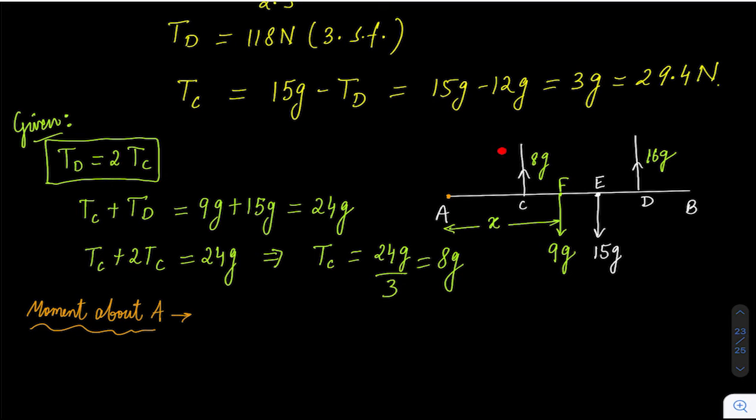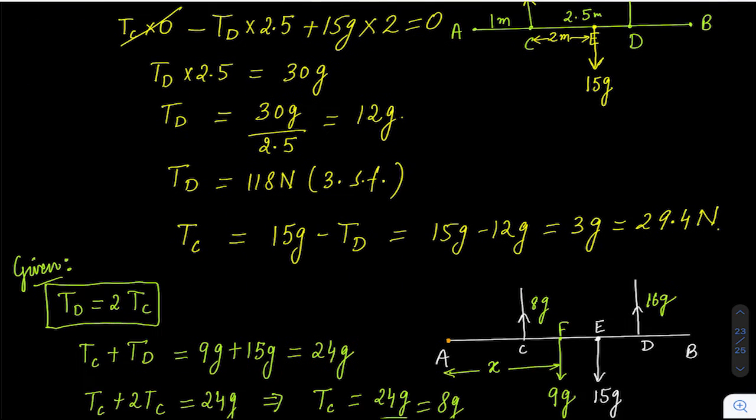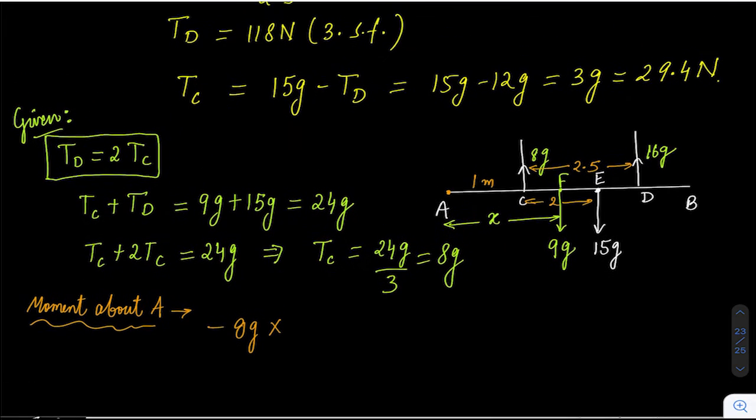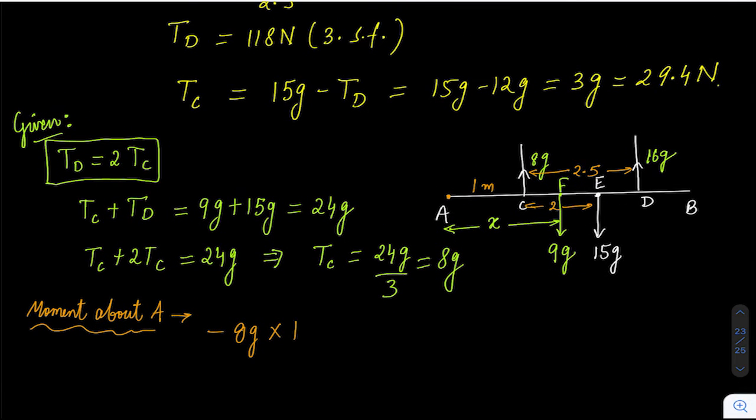This 8G direction will be anti-clockwise. So anti-clockwise means negative. So I will take minus 8G times, what was AC? AC is 1. Let's write the distances. This total was 2.5, and this distance was 2. So I will get minus 8G into 1